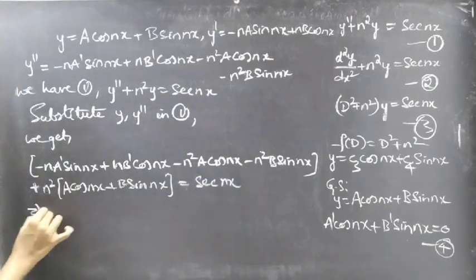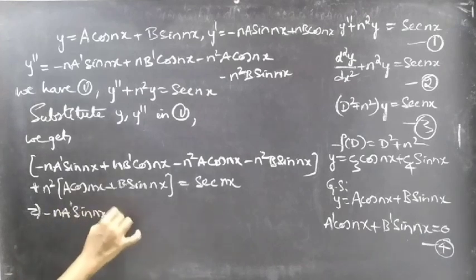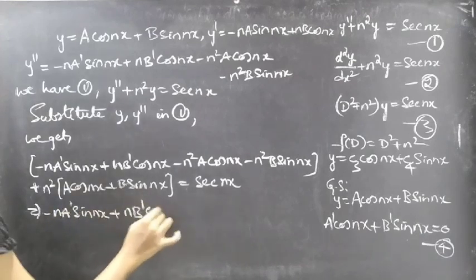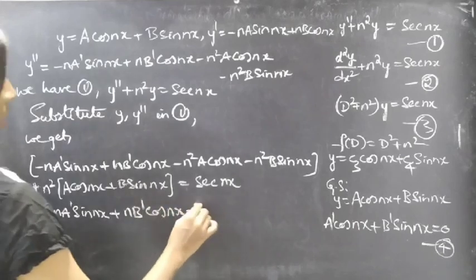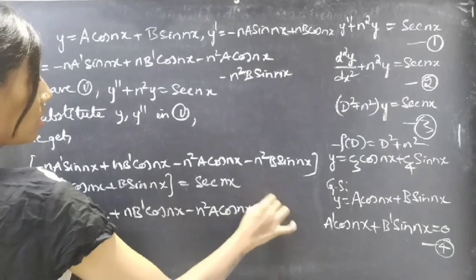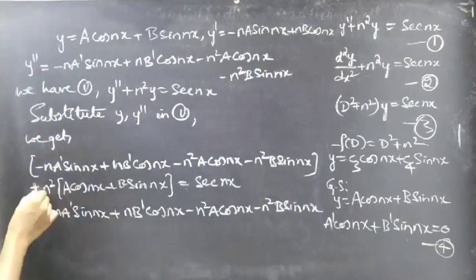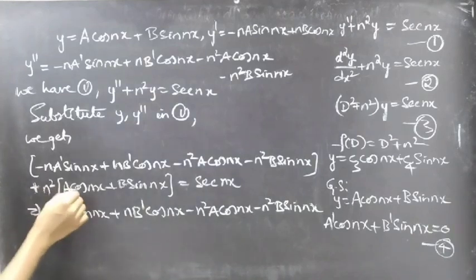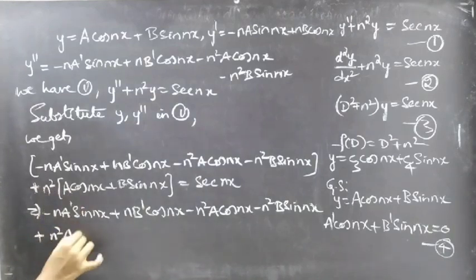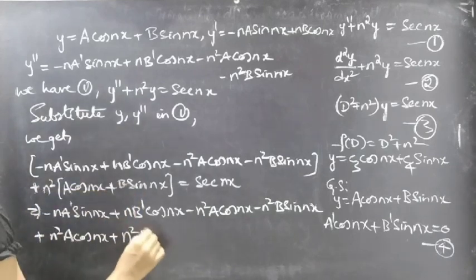This gives us minus n a dash sin nx plus n b dash cos nx minus n square a cos nx minus n square b sin nx plus n square a cos nx plus n square b sin nx